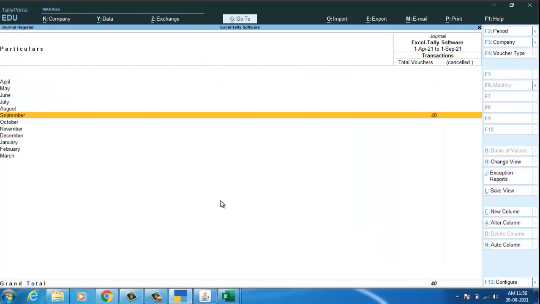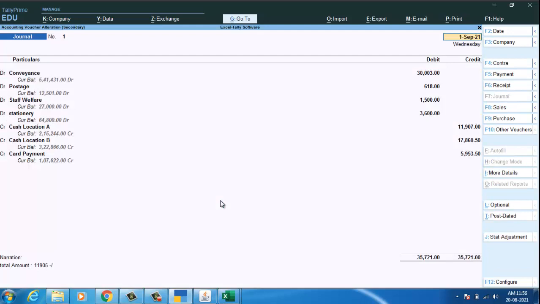Account book, journal. Here these are the 40 entries, and in these entries we have taken 4 debit and 3 credit. So this feature, we have this feature only. No one will provide you such a feature. You will get a single debit multiple credit, or a single credit multiple debit, but we only provide this feature. So if you want to do the entries with multiple debit and multiple credit, you can utilize this function.